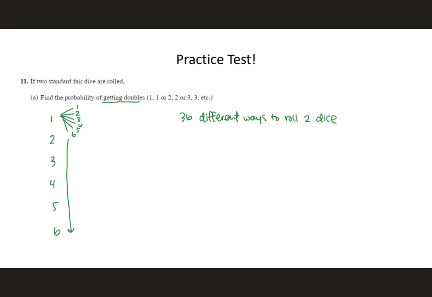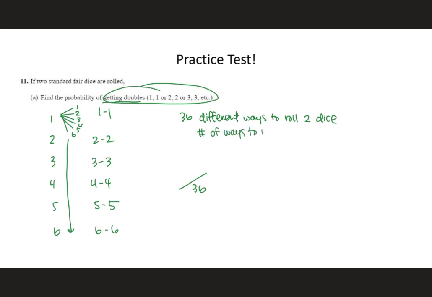So now we just need to figure out, so we know our probability is going to be out of 36. So now we just need to figure out the number of ways that we can get doubles. Well, we can get doubles by rolling a 1, 1. We can get doubles by rolling a 2, 2, a 3, 3, 4, 4, a 5, 5, or a 6, 6. So in terms of the number of ways